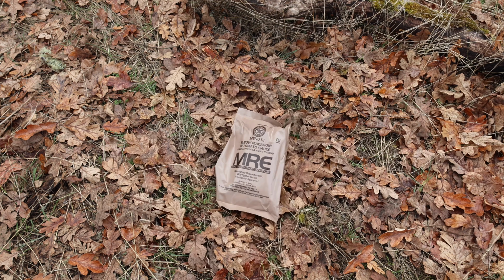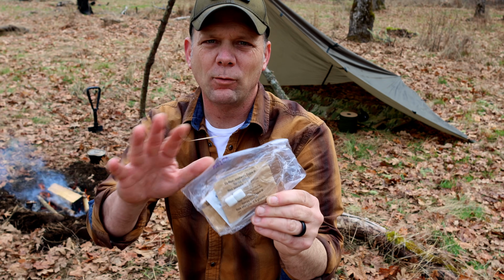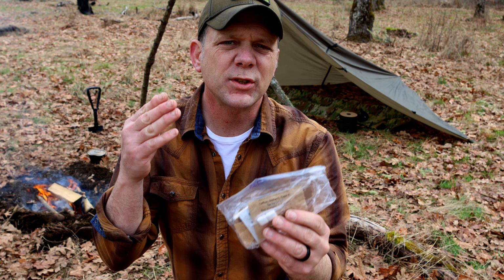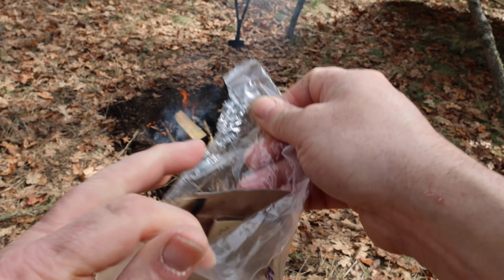Inside every MRE is a small accessory pack. In this thing, we have all kinds of goodies. Most of the time, you'll have coffee and creamer, things of this nature, but in each and every single one, there is a small packet of salt. Why does every accessory packet contain salt? It has about 1